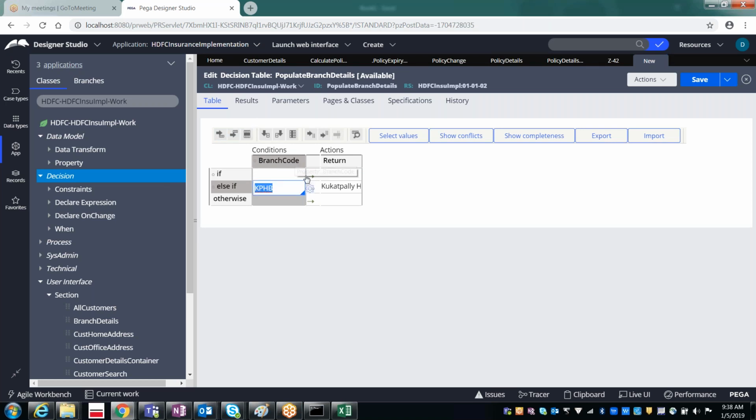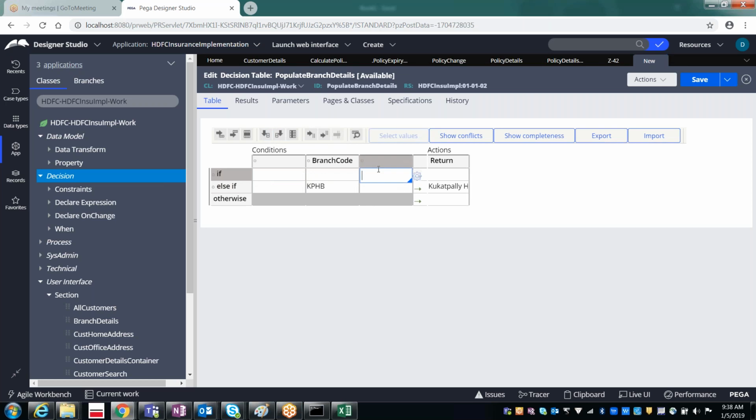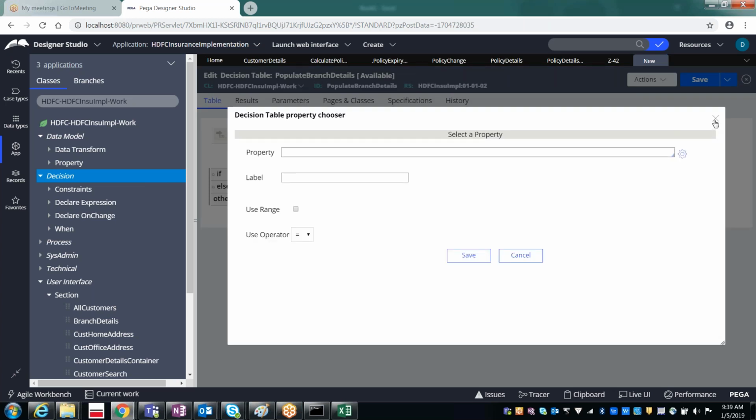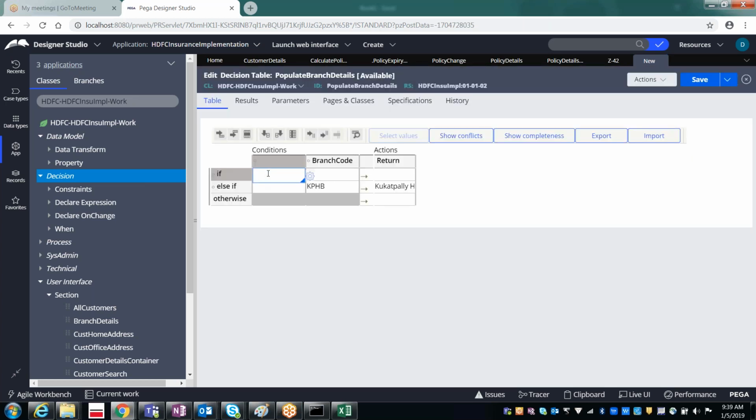In case if you want to compare two columns, then also you can do this, insert column before and insert column after. And if you don't have one more column, then you can delete it. So like that, we can add as many conditions as you want. So right now I have only one branch code, with various values I wanted to compare.